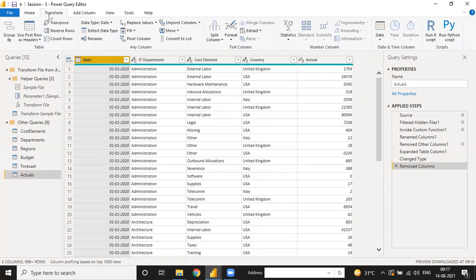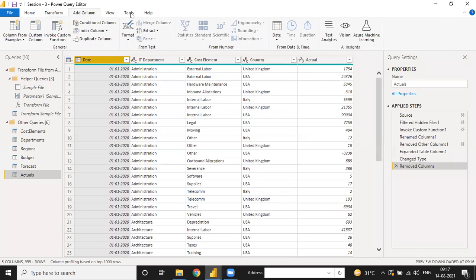And these are the tools. Under the Transform tab, there are tools like transpose, use first row as header, group by, reverse rows, count rows, rename, detect data type, replace value, pivot column, unpivot column, move, convert to list, split column, format, extract, merge columns, statistics, standard, date and time, run R script.